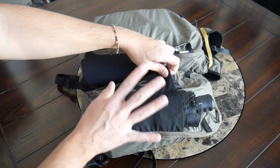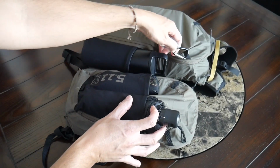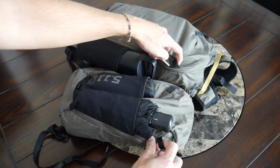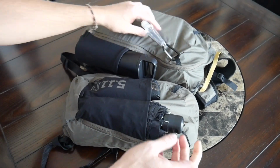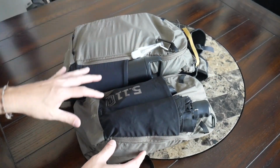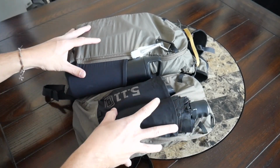They have the 5.11 branding along the exterior pocketing. You have a few attachment points along the front. Both of them have these sort of nylon loops along the front that will allow you to hang on accessories, carabiners, lights. They are made out of a 70D recycled ripstop nylon, so pretty thin, lightweight,